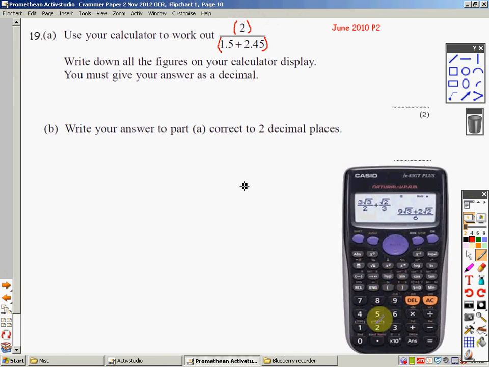Bracket 2, bracket, divide, bracket 1.5 plus 2.45, close the bracket, press equals. I'm going to do it on my calculator now. Bracket 2 divided by, close bracket, divided by bracket 1.5 plus 2.45, close the bracket, equals. And again, it's giving me it as a fraction, which is 40 over 79. So write that there, always write that one down. Now SD it, and it's